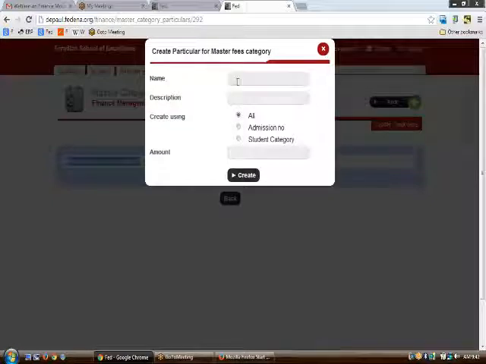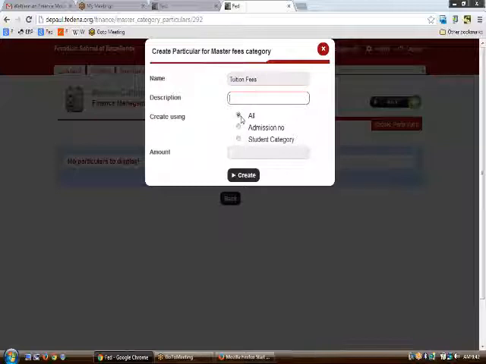To create particulars, you can create them from here with a name, let us say tuition fees. Now you get three options where you can check any one of them below: all, admission number, and student category.